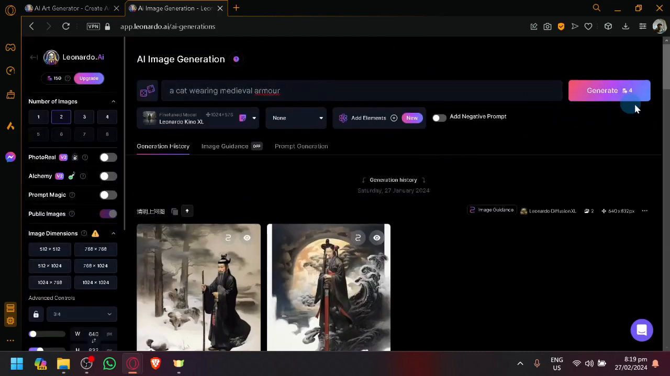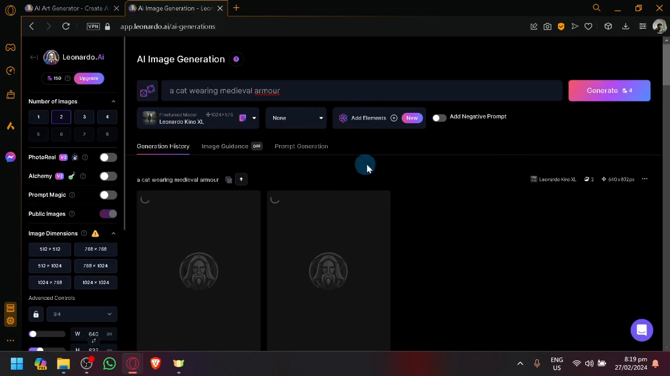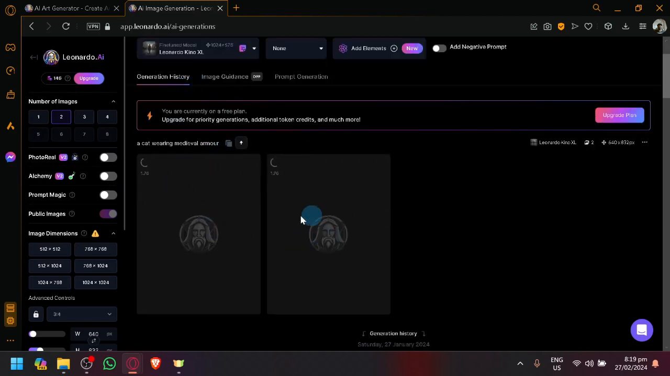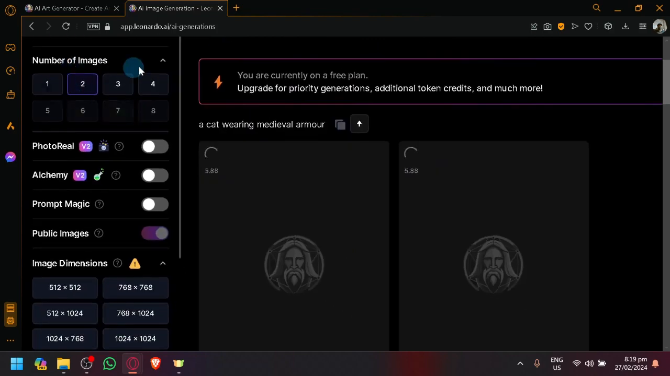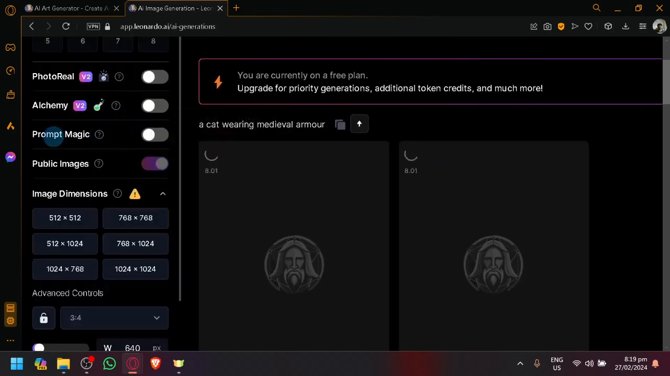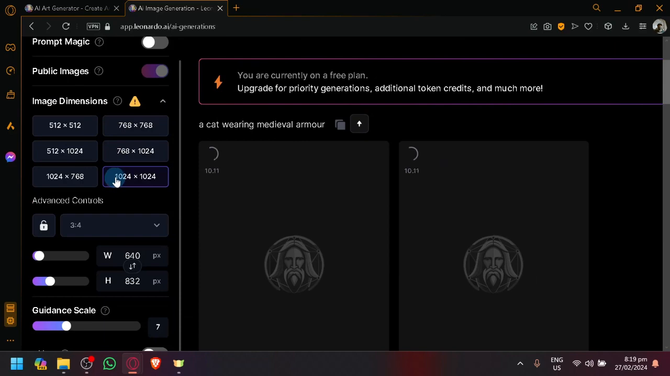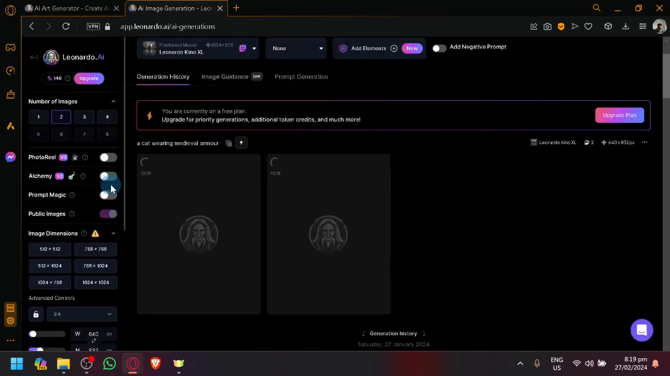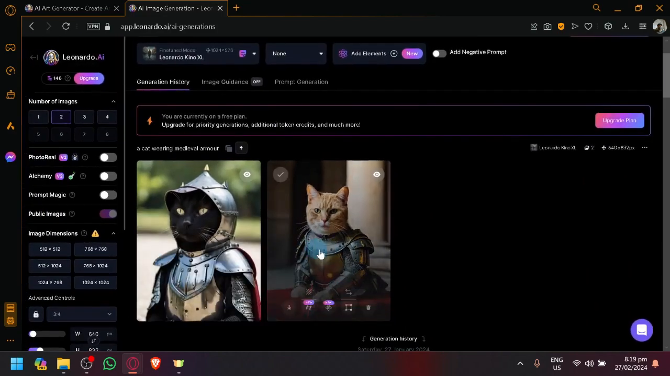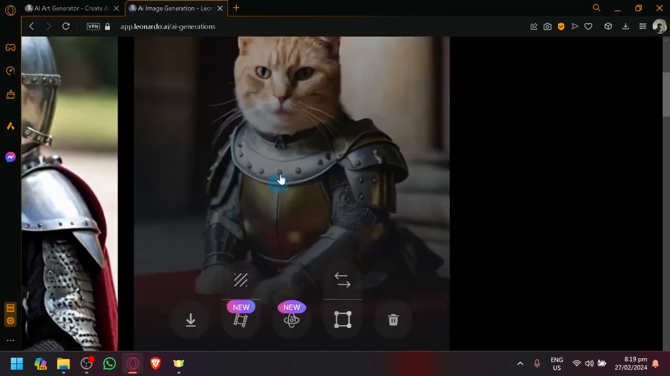After doing that, simply click on generate, and you will be able to generate an image over here. There's a lot of settings over here on the left side that you can play around with. You can increase the image, have some prompt magic or different types of sizes over here. You will be able to do that all over here on the left side. And there we go. This is our image over here, a cat wearing medieval